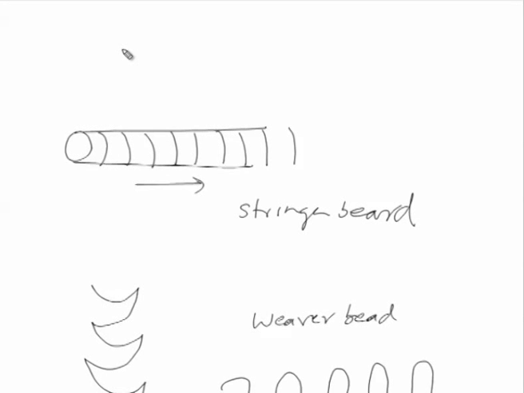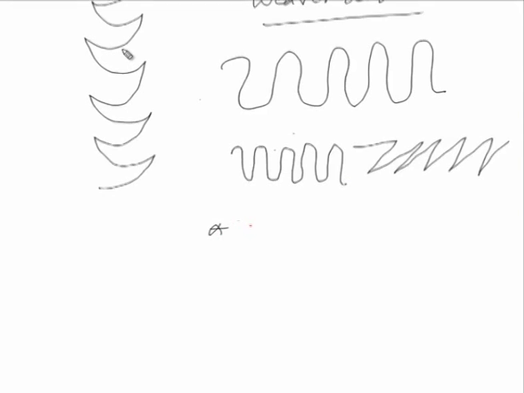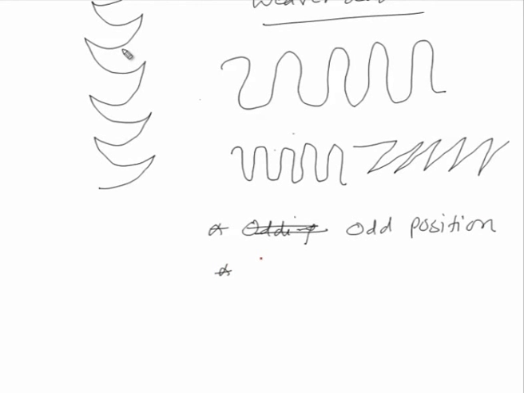For example, if we want to deposit the weld bead with a very limited amount of heat input, then stringer bead is preferred. But if you want to use a lot of heat to deposit the weld metal, we want to apply more and more heat during the welding, then the weaver bead is used. And this weaver bead is commonly used when we are working in odd positions, especially the vertical and overhead welding conditions, or we want